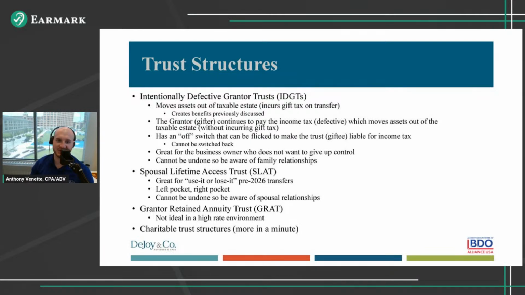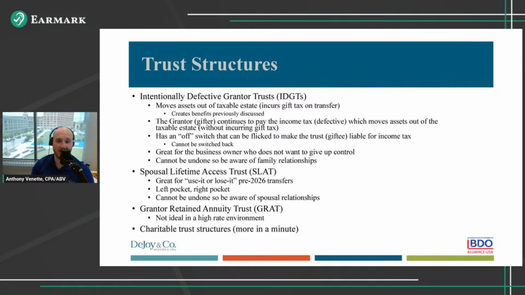So trust structures. We have a couple that I see pretty commonly and to me work really well in today's planning environment. We have our IDGETs, intentionally defective grantor trusts. So these are really useful to move assets out of a taxable estate. You'll still incur a gift tax on the transfer, assuming you've used your exemption, but it creates benefits that we previously talked about. The grantor, or the gifter, I like to say, would continue to pay the income tax on that